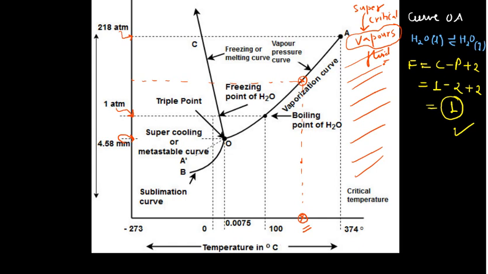And if you want to know the application, I will not show the carbon dioxide diagram here because it is not in the BTech syllabus. So, I am not going to cover that part, but I am telling you that in the carbon dioxide CO2 phase diagram, supercritical carbon dioxide is also there. There is a critical temperature for your carbon dioxide, and this supercritical carbon dioxide is used to extract the caffeine in the manufacture of the decaffeinated coffee.